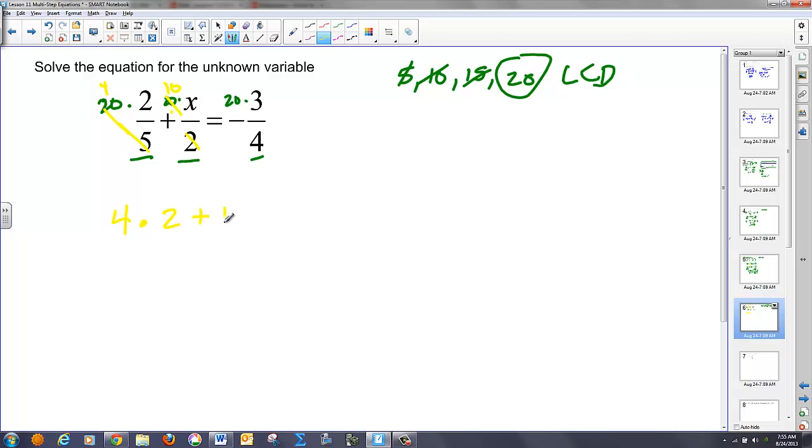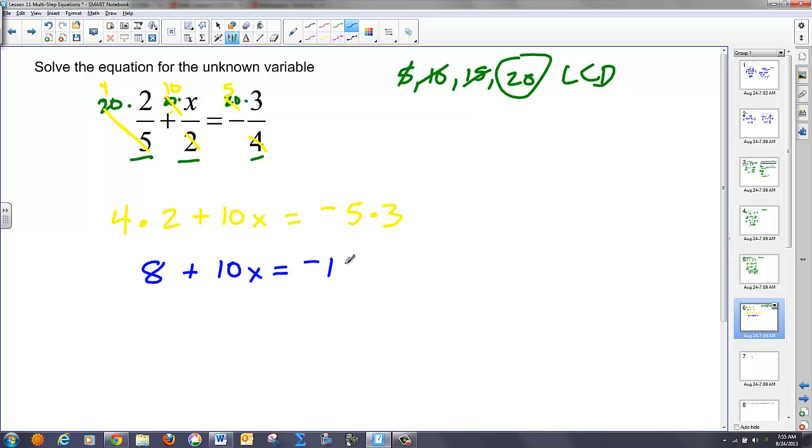So what's left is a 10 and an x. These two reduce to a 5. So I have equaling negative 5 times 3. Combining those, I get 8 plus 10x